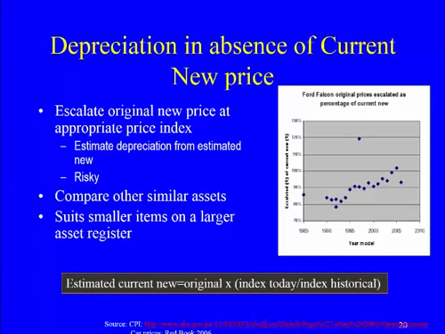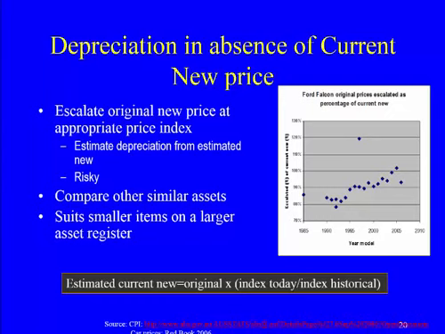But the way the indexes are used is that by getting a ratio between, say, the index today and the index as it stood 10 years ago, you get a ratio of the value of prices between those two periods. And so we use the indexes, we don't use the percentage change that we also get from the ABS. One problem with applying this method, even though it's very simple, is that it's simply a matter of taking the original